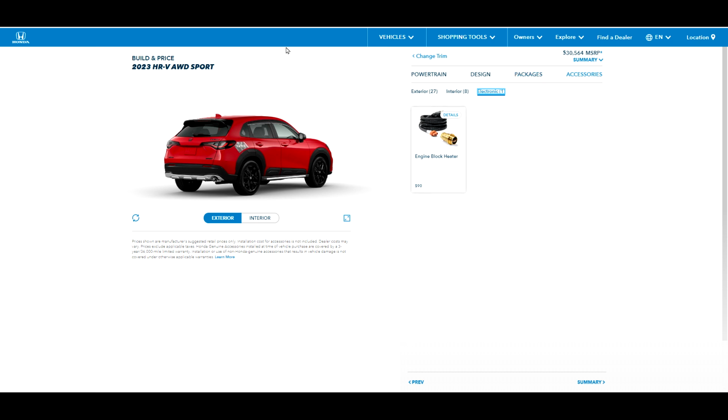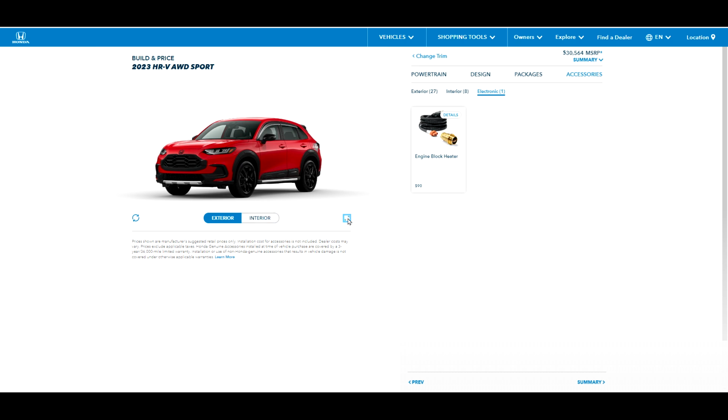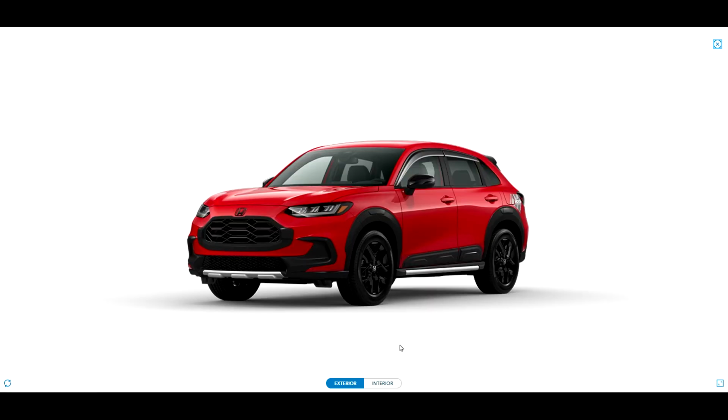So there we go. So that is the Sport with the all-wheel drive. A bit of a different package. You get the gloss black wheels. Take a look at it here. But that's going to put you at about...